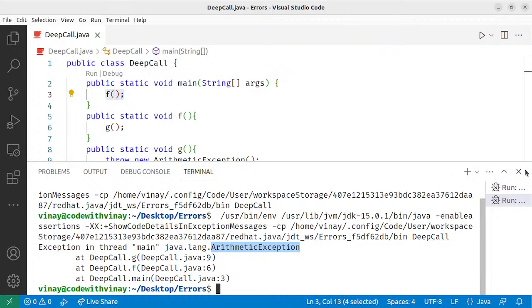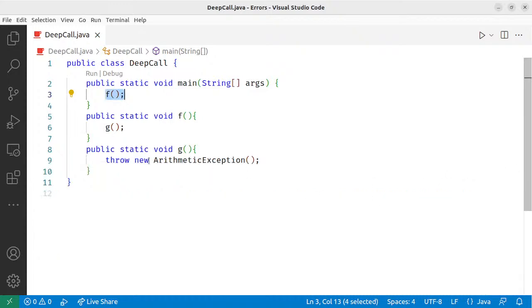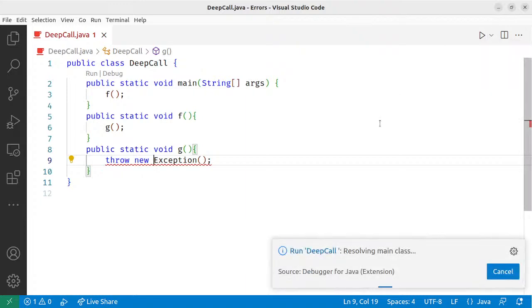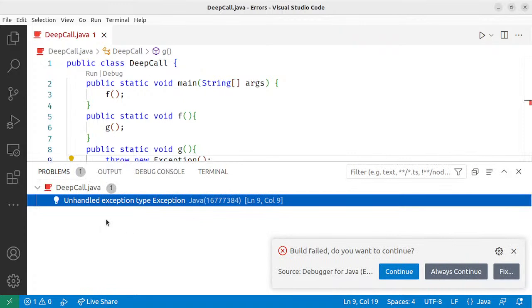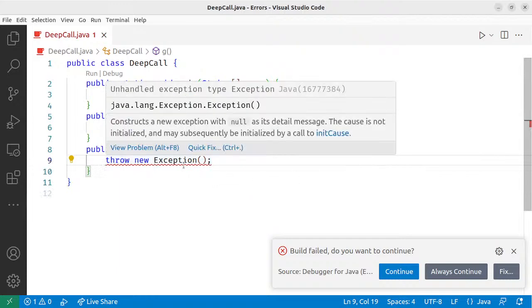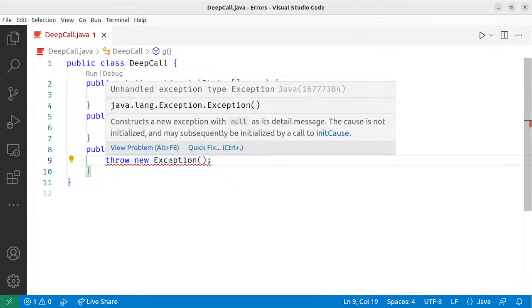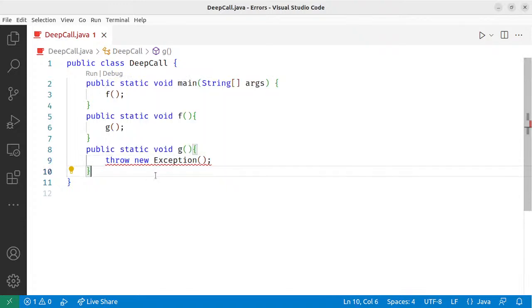If we throw an exception which is checked, see what happens. So instead of arithmetic exception, I'll simply throw exception which is a checked exception. Now see what happens. If I compile it, it's not going to compile. There is an error over here, and the error is unhandled exception type exception, which means that if you try to throw any exception which is a checked exception, the compiler will not allow you to run the program till you either